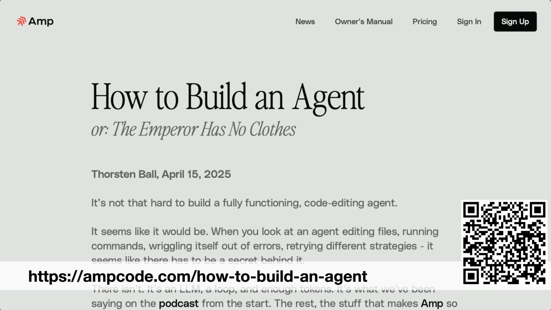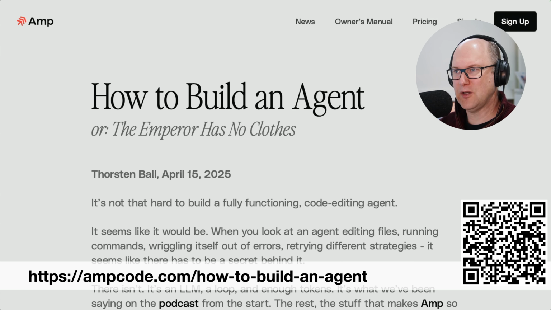This is the blog post in question, How to Build an Agent, or The Emperor Has No Clothes. It's on the AMP blog. AMP is an agentic coding tool from SourceGraph. And this blog post came to my attention at the Web Directions Code Leaders Conference in Melbourne in early 2025, where speaker Jeffrey Huntley, who had recently gone to work at AMP, mentioned this as, for his money, the blog post of the year. He said if you were trying to get your head around or come to grips with this new LLM-powered coding tool landscape, that this was the blog post to read.